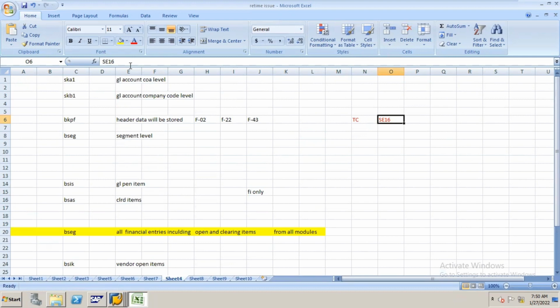Why tables? Sometimes you want to see 1,000 documents, say for example. There is some mistake, and the end user came to you and told you that in these documents there are so many mistakes. There are 1,000 documents. In FB03, can you check the documents one by one? Can you see that? No. In this case, I will go to